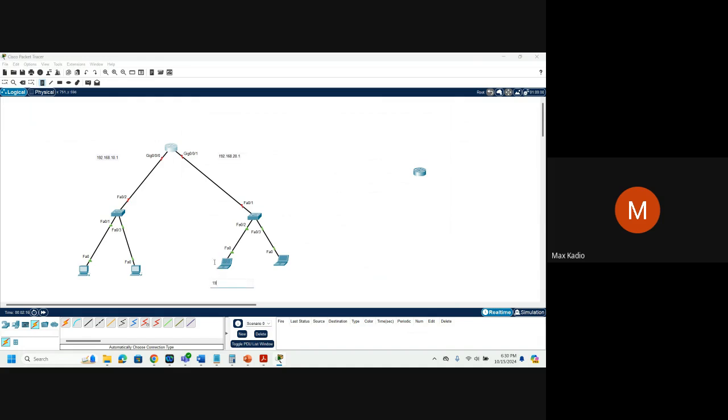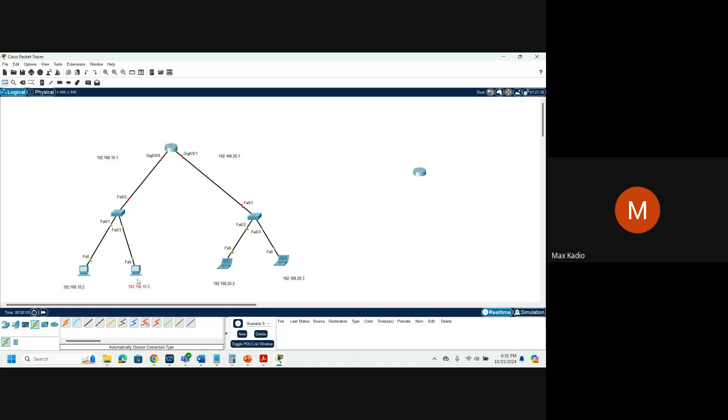Here 192.168.20.2. 192.168.10.2, 192.168.10.3. Okay, this is a small network,